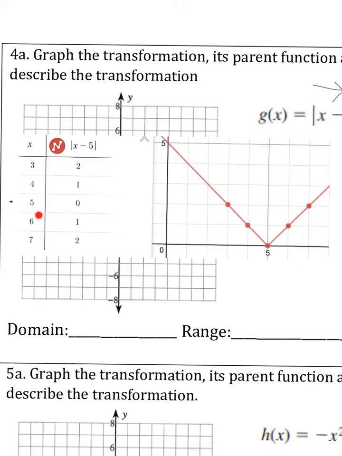So what points did I graph? See, look, (5, 0), that's the vertex. And then I graphed (3, 2). So I'm going 3 across, 2 up; 4, 1; 4 across, 1 up; 6 across, 1 up; 7 across, 2 up. Okay? So let's write the domain